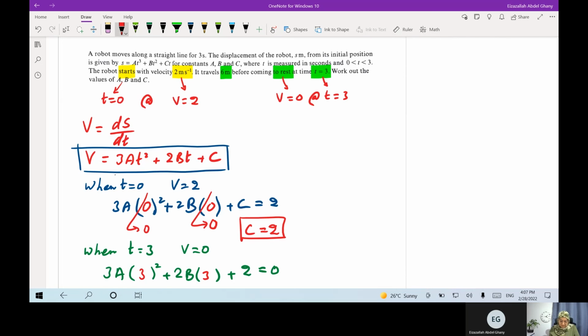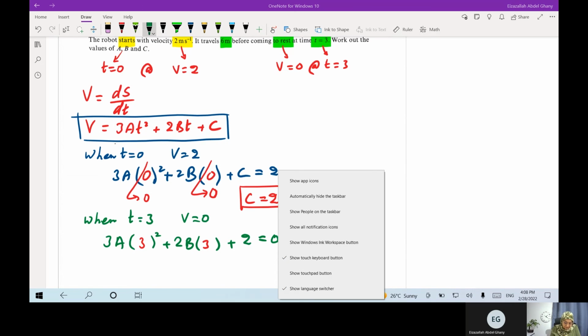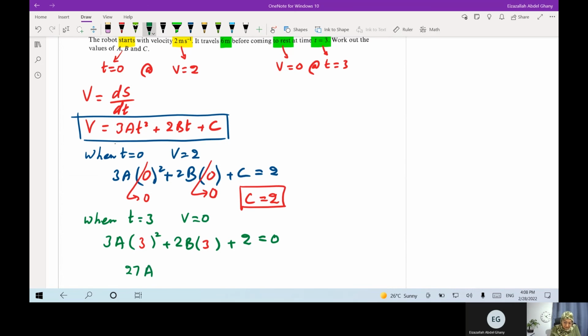Now 3 times 9 it is 27a plus 2 times 3 is 6b plus 2 is 0. I can write it as equals -2